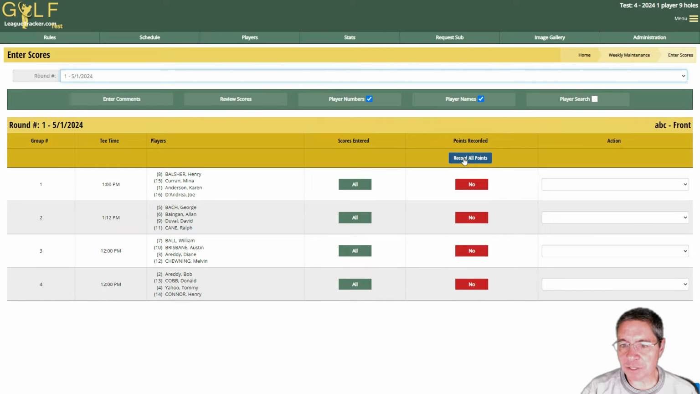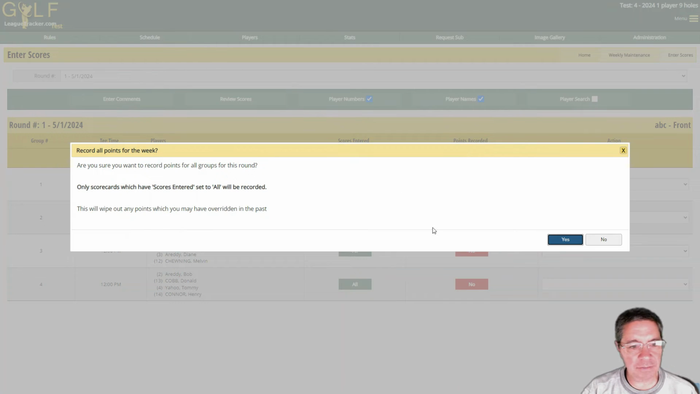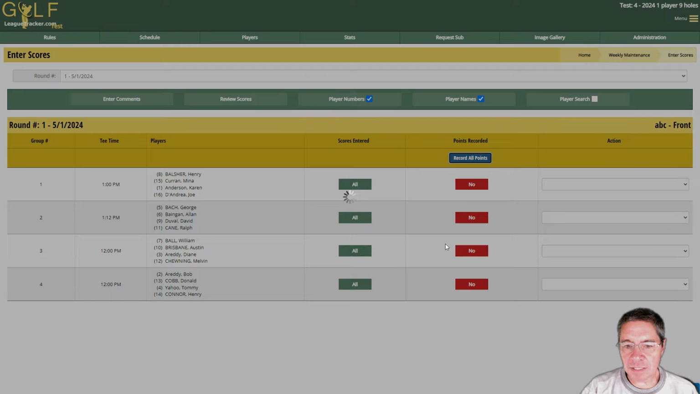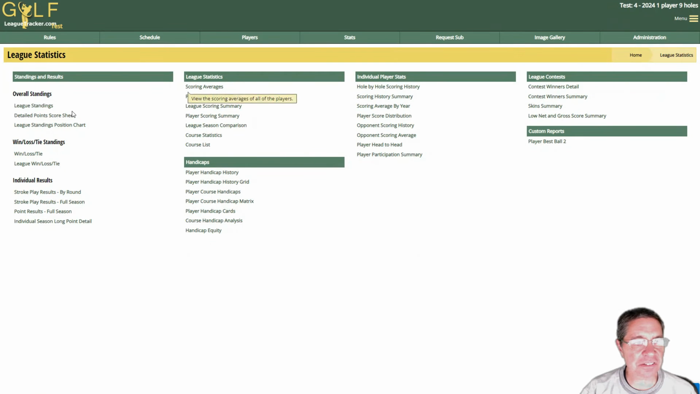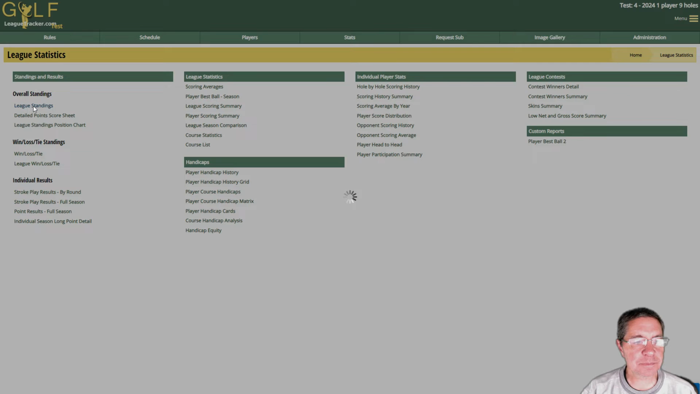And now I can simply click the record all points button. And they'll say, do you want to record all points? Yes. Now, if you didn't enter scores for one of the scorecards, you won't be able to do this, because it's going to record points only for those who have scores entered and who have handicaps on that scorecard. So now that we have points recorded, if I go into Stats, League Standings,